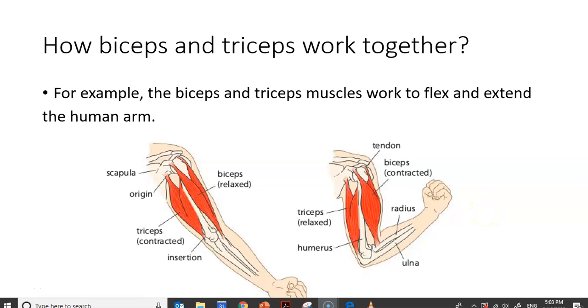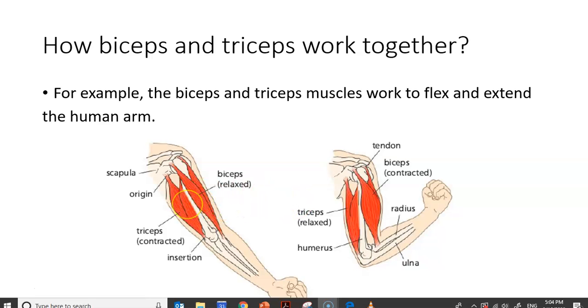Hello everyone, this is video part 2 from muscle cells. In this video we talk about the function of muscle cells in the movement of the body, and how biceps and triceps work together. So we will learn the names of the muscles. We will learn